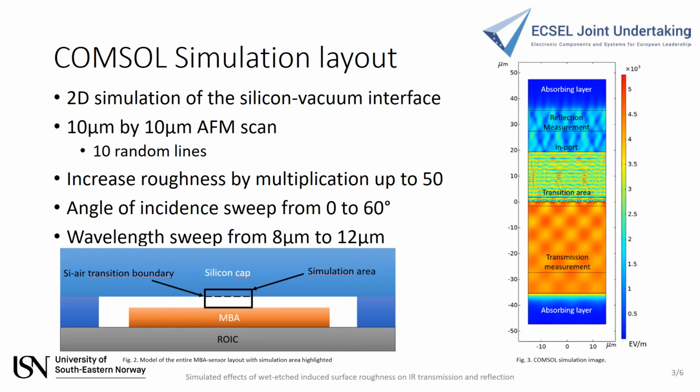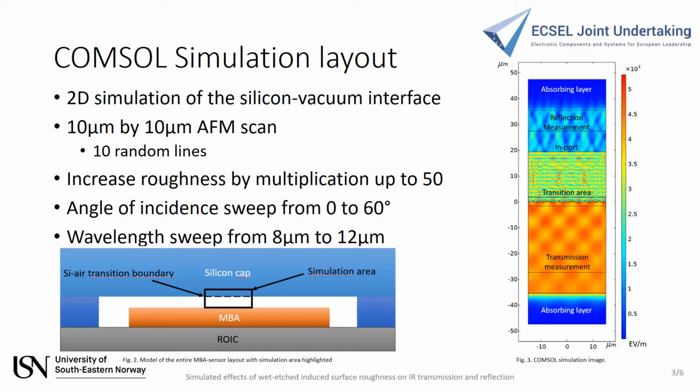We've placed absorbing layers on top and on bottom, and made a transparent import, and defined lines where we measure how much light passes through the surface and how much is reflected. Now, since one side of the silicon will be polished and therefore almost perfectly flat, we've chosen to only simulate the silicon vacuum transition. Now, we do this by taking 10 random lines from our AFM scan, and for each